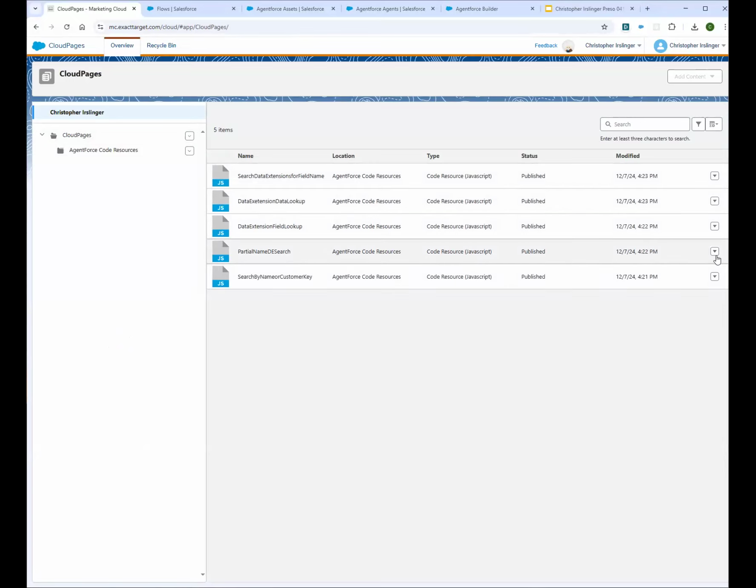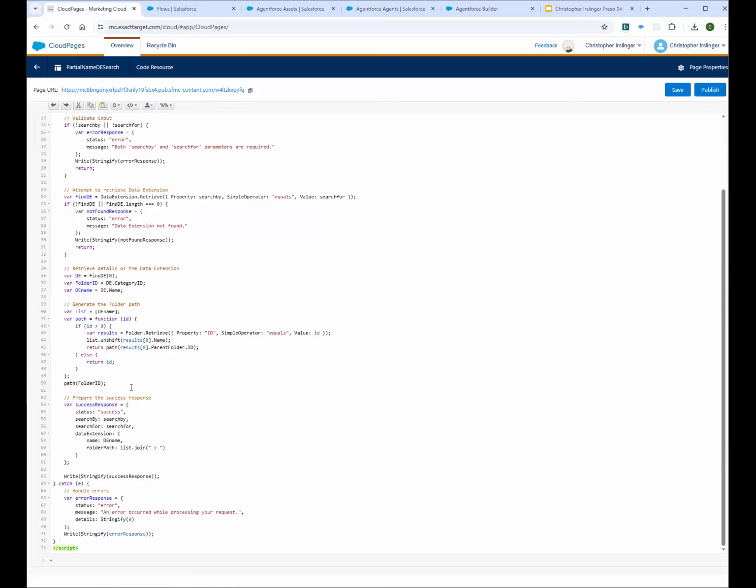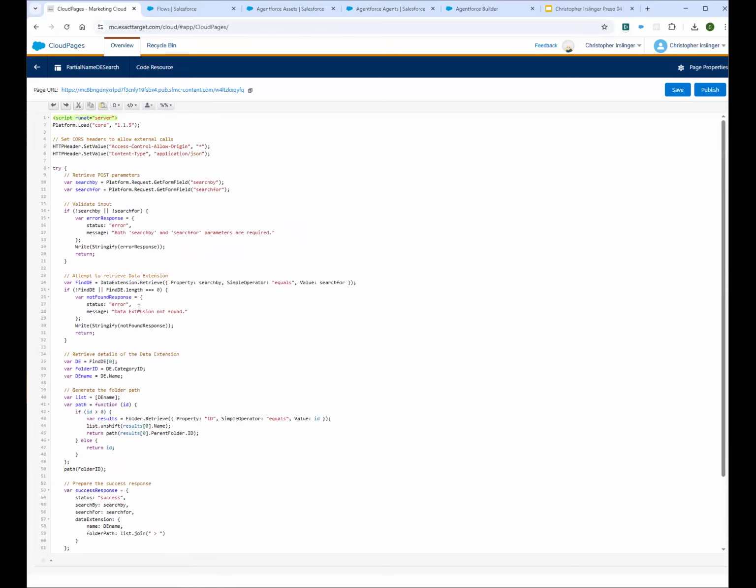And so I'm not going to take this as a technical deep dive, so we're not going to do a full code review here now. But just a vague high level of this: this code resource is set up so that if an HTTP request comes from it with a payload, it takes that payload, does some actions inside of MCE, and then pushes back that response.